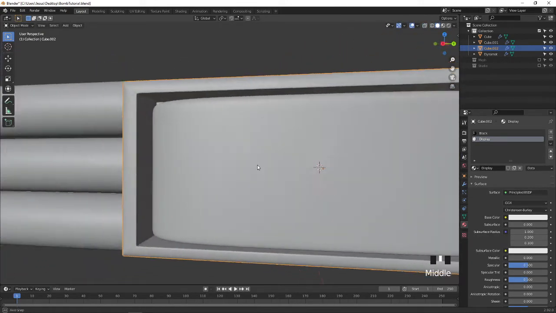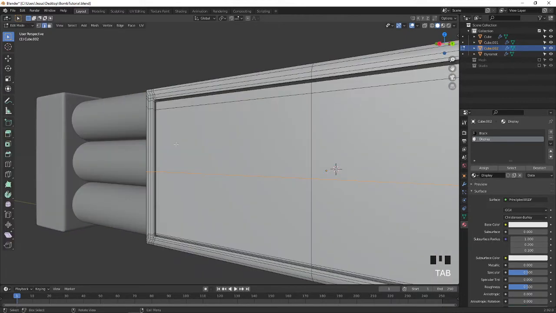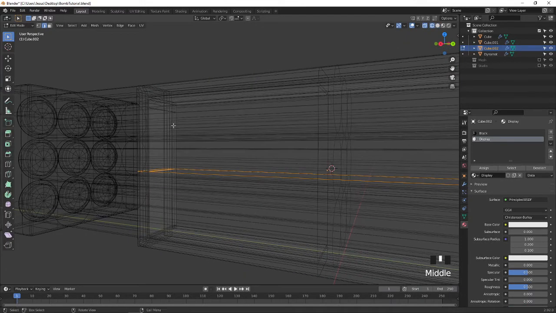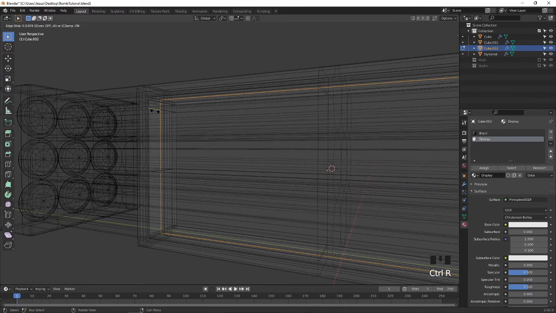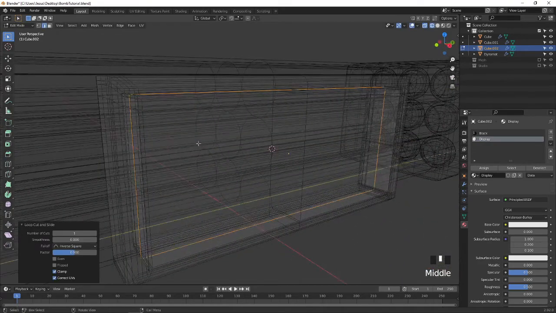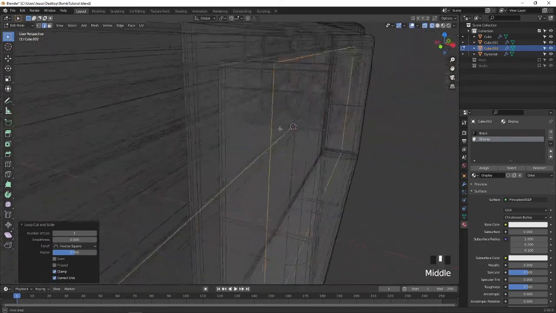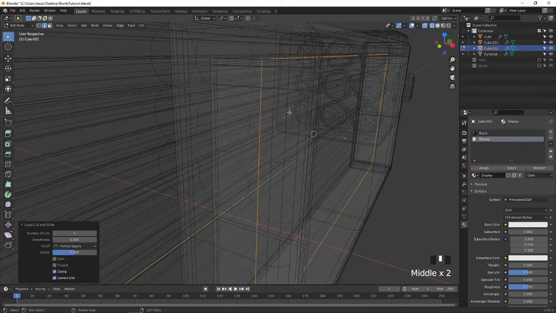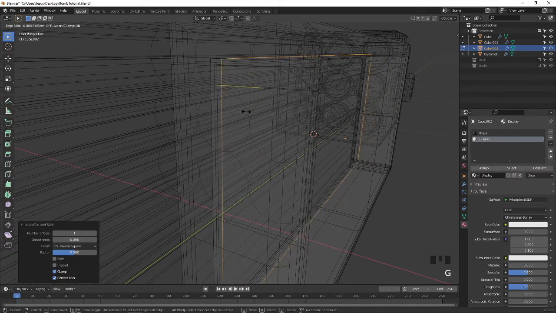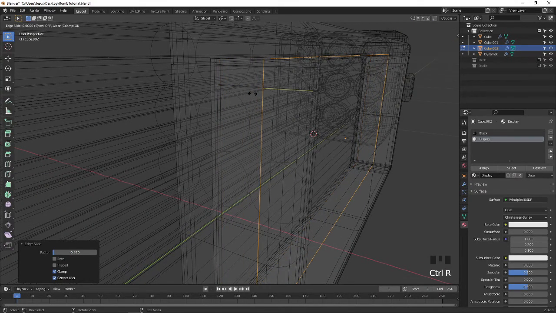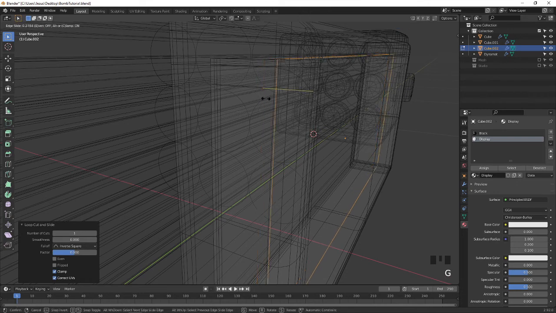Now you can see it's created almost fine. Now Shift Z and we are going to create one edge loop here. When it's created here, press double G to move this side, press Ctrl R and select, press double G to move on this side.